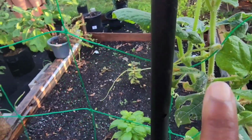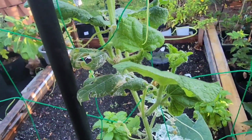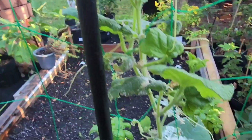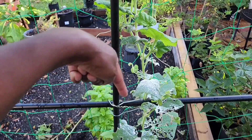See right there? Let me see. Right there. Poop. So I'll leave. But anyhow, back to the tip. I cut the tip out and I said, well, let's see if you'll grow back again. And see, like from here down, but from here up,